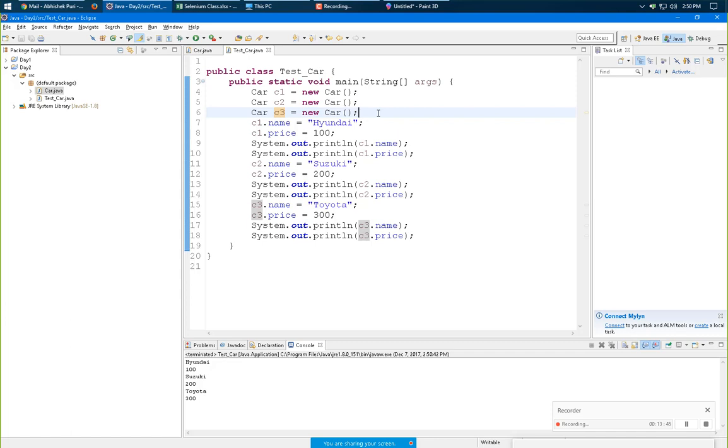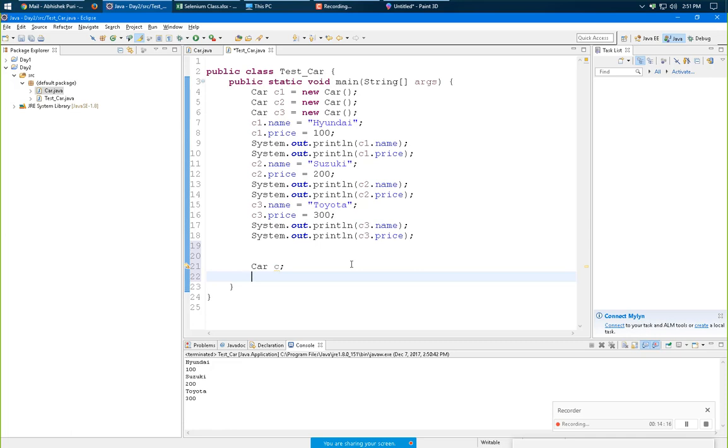Now we can play around with objects also. Say we create a new object, car C, and right now we have just created an object reference, and we do not provide any reference to it.